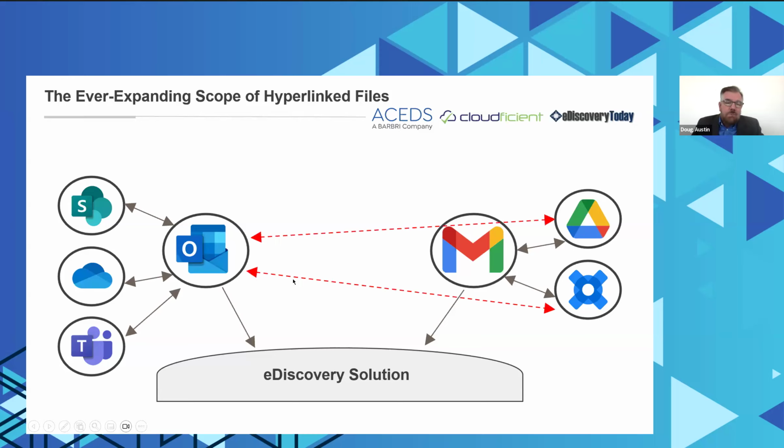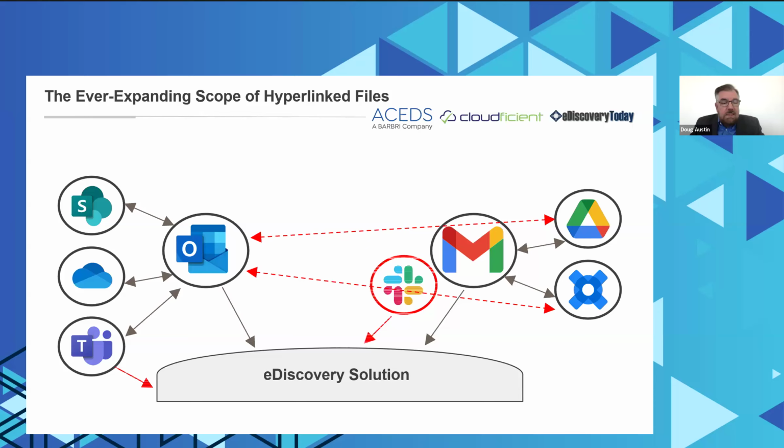Yeah, and so to help illustrate that point, here are some scenarios we're seeing. It's not just Microsoft accessing Microsoft and Google accessing Google. It could be Outlook messages with links to Google Drive or Google Vault files. That's one of the cases that's in the resources slide, in Ray StubHub. That was the situation they were in, which was complicating their retrieval of hyperlink files.